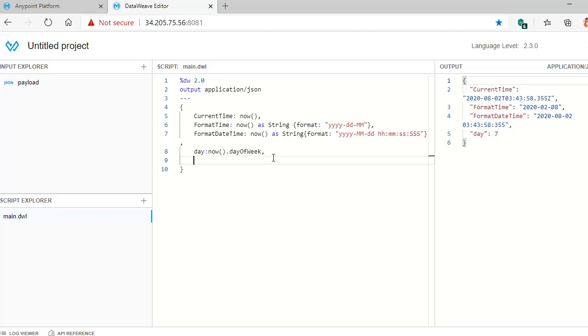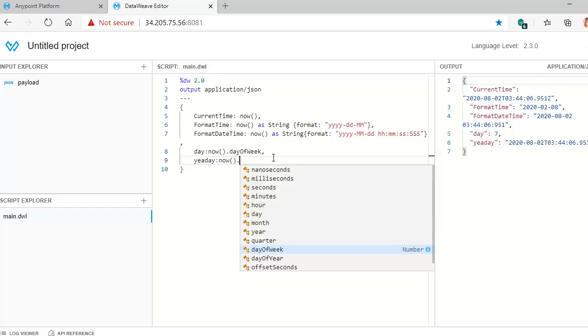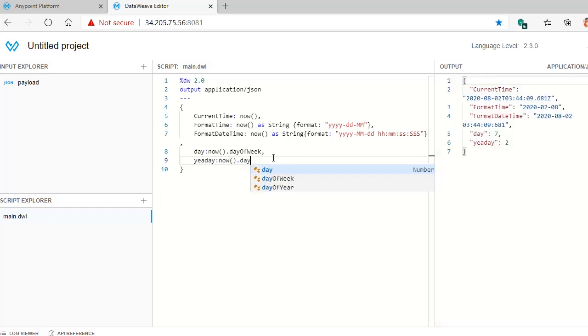What about the year? Actually, R is not printing on my keyboard. Okay, day of the year, 215.